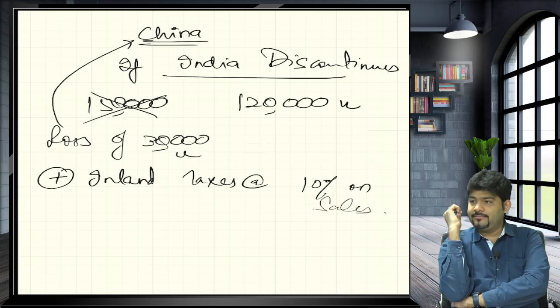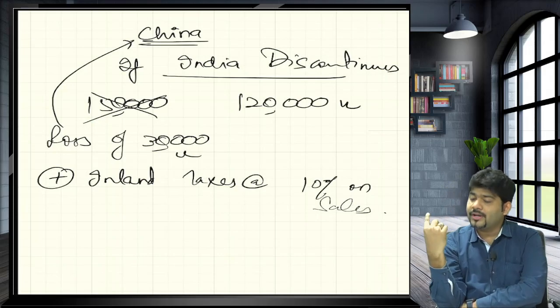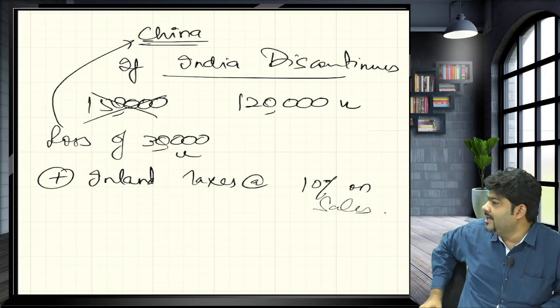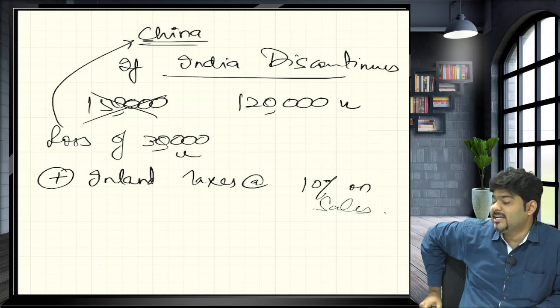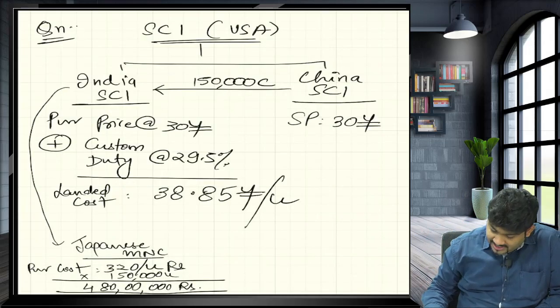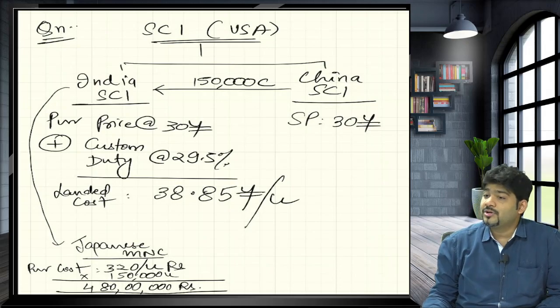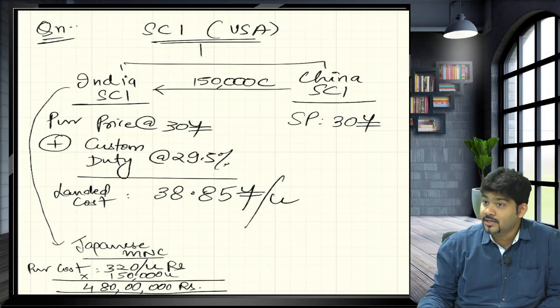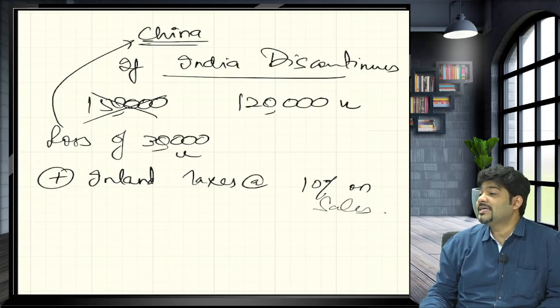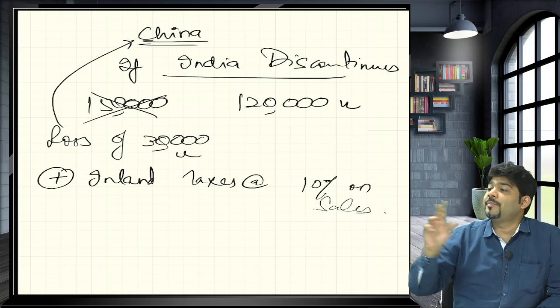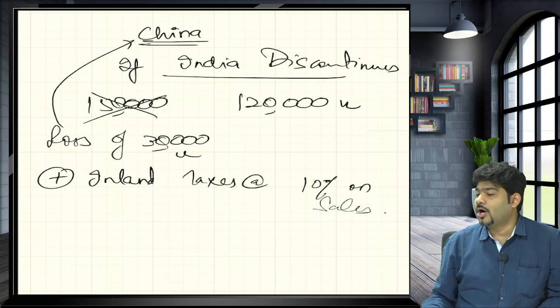So what happened is this. See, at times when you sell it within your own country, you have to pay an inland tax. But if you export, then you don't have to pay any tax. You have heard something called as export incentives and benefits. So probably when China was selling something to India, it was exporting. So Chinese government gave them the benefit. Chalo, you are exporting, we will give you export benefits. So no inland taxes, no custom duty, nothing. You don't have to pay anything. But now because China is selling in the local place, they have to pay an inland tax at the rate 10% on sales.